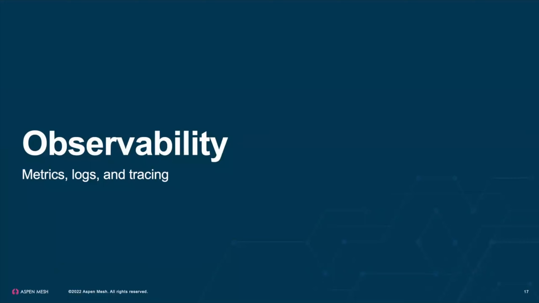Okay, the last section I wanted to talk about is observability. Again, one of the challenges is you've got all these running microservices making all these network calls, and there's an issue that the end user reports, and you're like, okay, I don't even know where to start because there's so much going on here. So Istio collects a lot of telemetry data from the data plane as well as itself to give you insights into what's going on in the mesh.